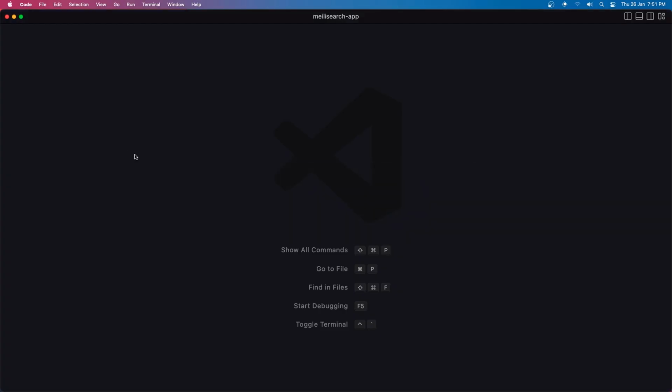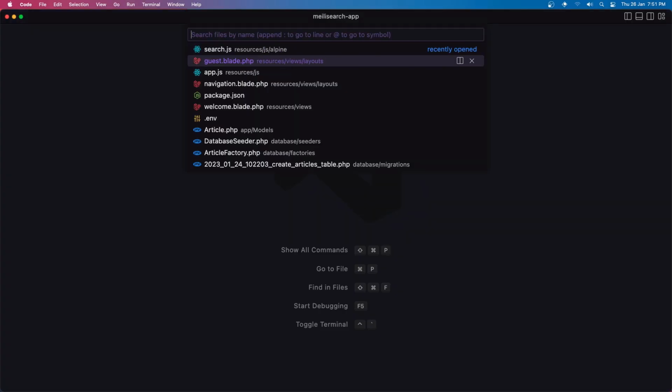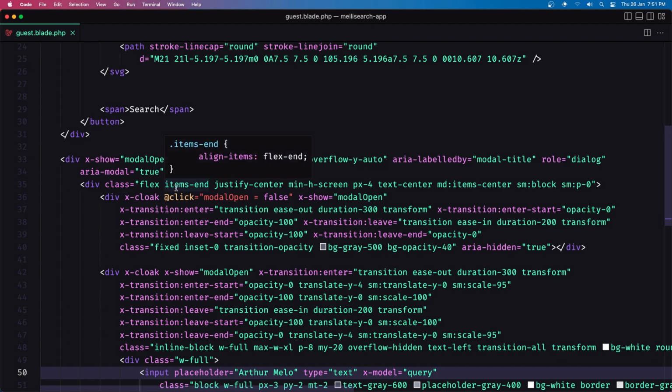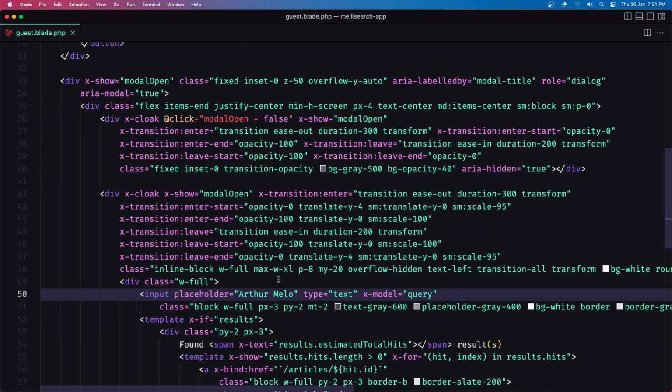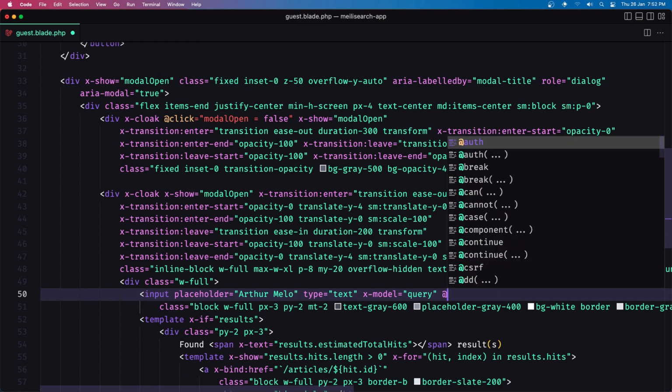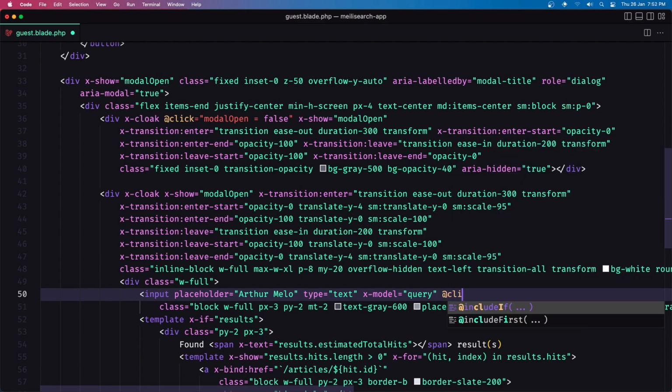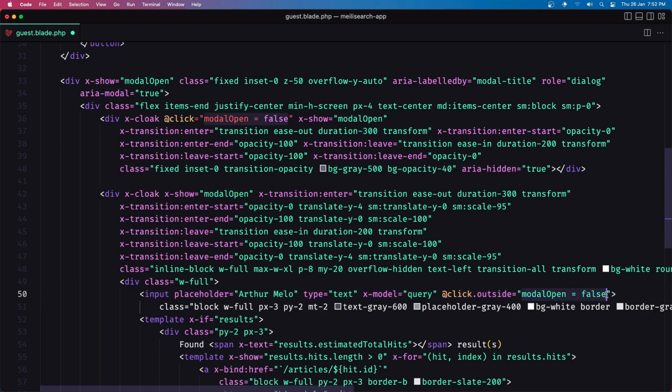What I'm going to do in VS Code, let's open the guest plate, and on the input I'm going to add the on click away or outside event. I'm not going to say modal open to false, but I'm going to create the reset method. So save that and let's create this reset method in the